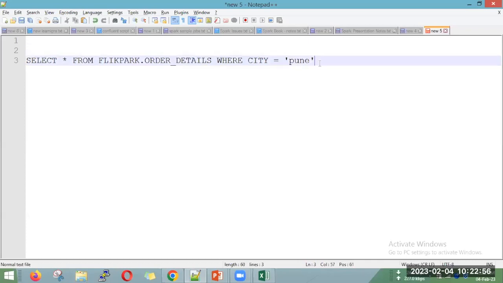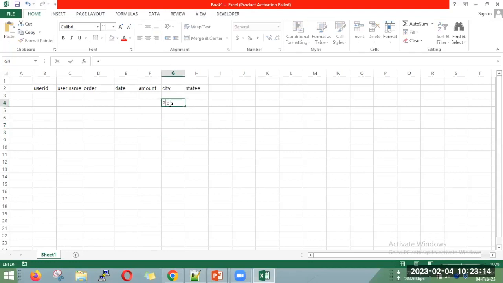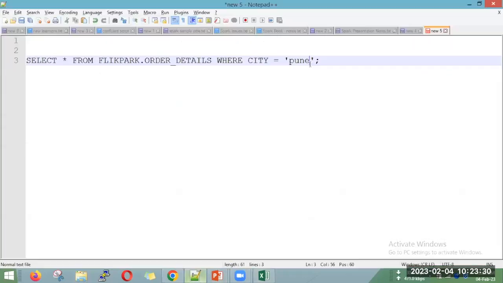ठीक है, तो इस टाइप का डेवलपर कोड लिखता है। अब ये कोड क्या करता है? इस डेटाबेस से flipkart.order_details, इस टेबल में, जहाँ पर city equal to पुणे। मान लीजिए ये बहुत सारे सिटीज़ हैं हमारे पास: पुणे, मुंबई, कोलकाता। So there are multiple cities. तो जहाँ जहाँ पर पुणे है, ये क्वेरी सर्च करेगी और रिज़ल्ट डिस्प्ले करेगी।